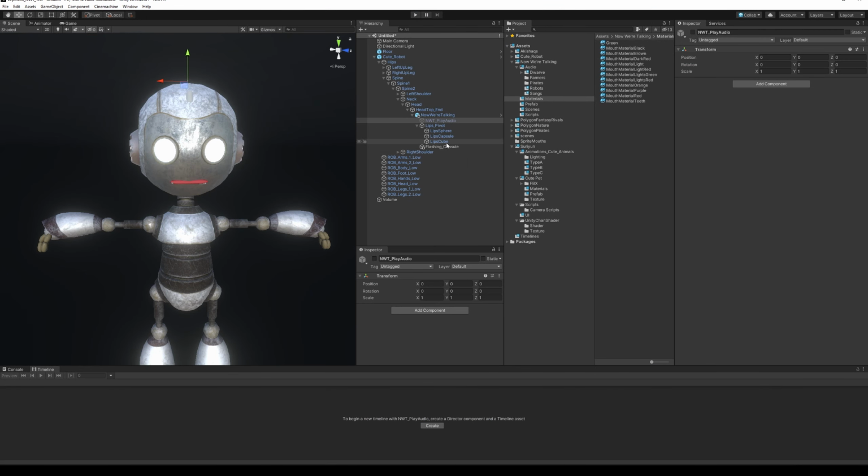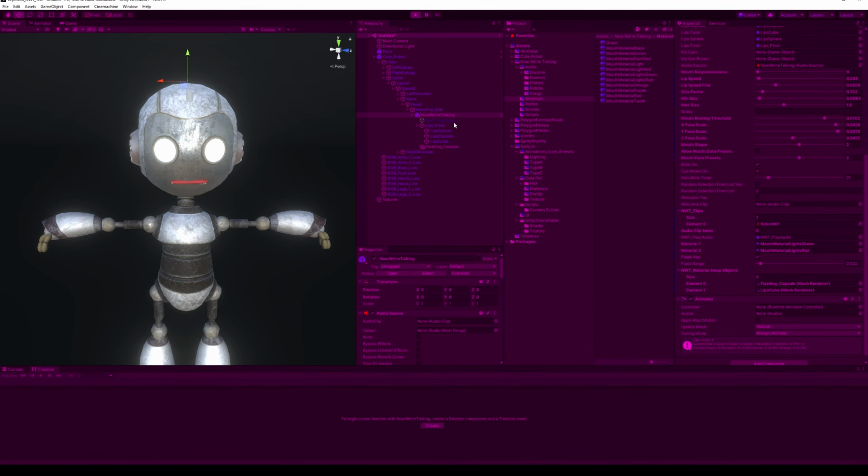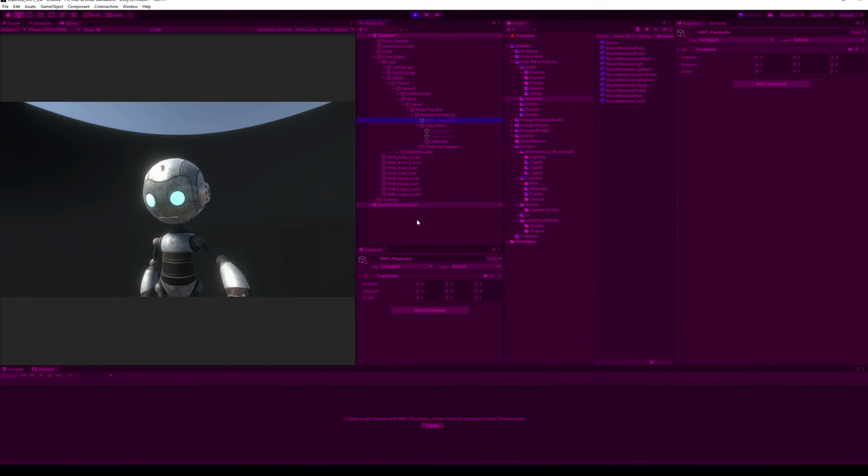Now, I thought that was really good, but then I thought, well, wait a minute. We can have more than one object in this list, and we have an ellipse cube which we're using. Let's pop that in, and let's change the colour of his mouth at the same time. And all of a sudden, we get this really funky looking